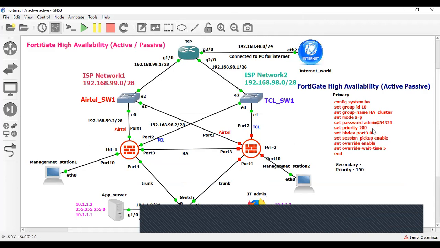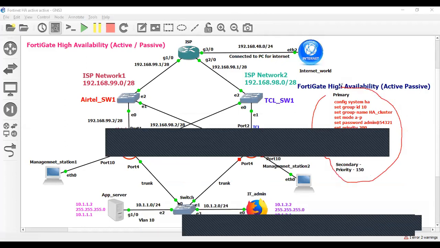I am going to configure this on the primary firewall, and on the secondary firewall I only have to change the priority to 150.